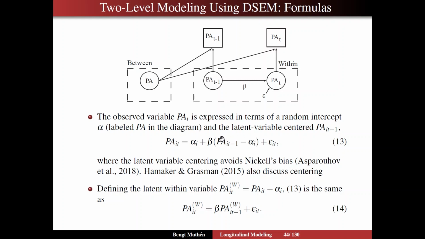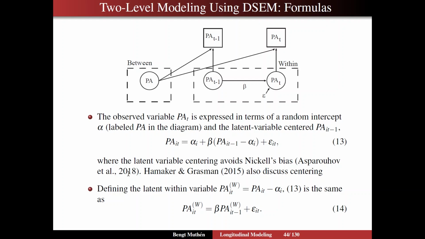So we have this latent variable centering here once again, and that is the key to the analysis, avoiding the so-called Nickell's bias, which is discussed in the original paper of 2018,